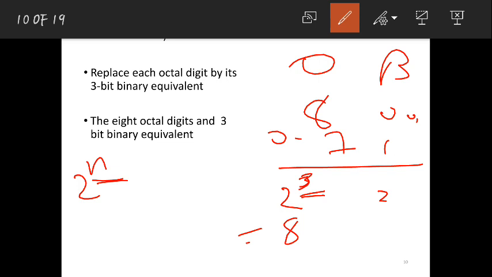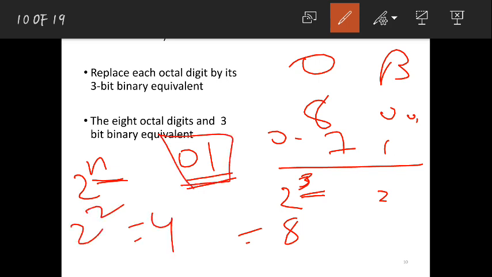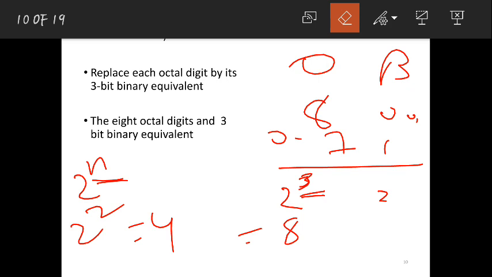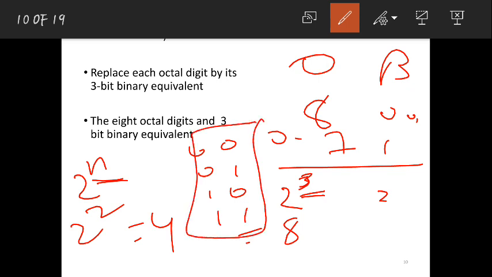So in 2 to the power of n, n represents the number of bits. If I write 0, 1, that means this has only 1 bit. 2 to the power of 2 means 4. So using 2 bits I can make 4 combinations. Those 4 combinations can be 00, 01, 10, 11. So these are the 4 numbers I can write using 2 bits. Here n is nothing but the number of bits.